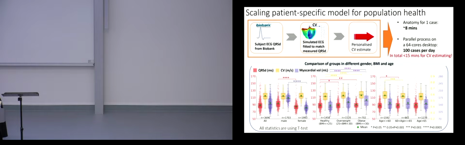We could also look at people of different body weights. We could also look at people with different ages. And we could also then go into the data set and look at people who had heart failure and validate the results to show that we saw pathological conduction velocity values in patients with known diseases. And so this was really where we were starting to think about how you can take these models, scale them up to a point where they can be run at 50 minutes per case, which is not a disaster, and then they could be used as a diagnostic tool. And they could be updated regularly with information that might come from a wearable, like a smartwatch or what have you. So I think this is really where we see that we are with digital twins, and that there